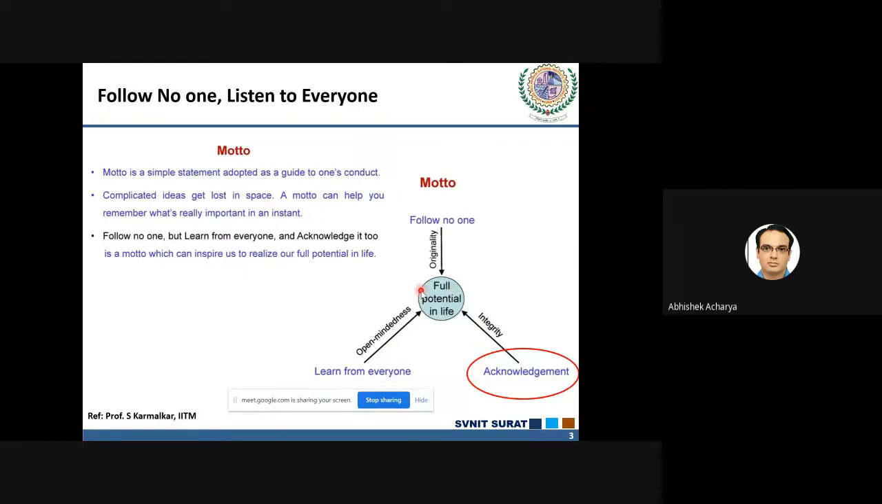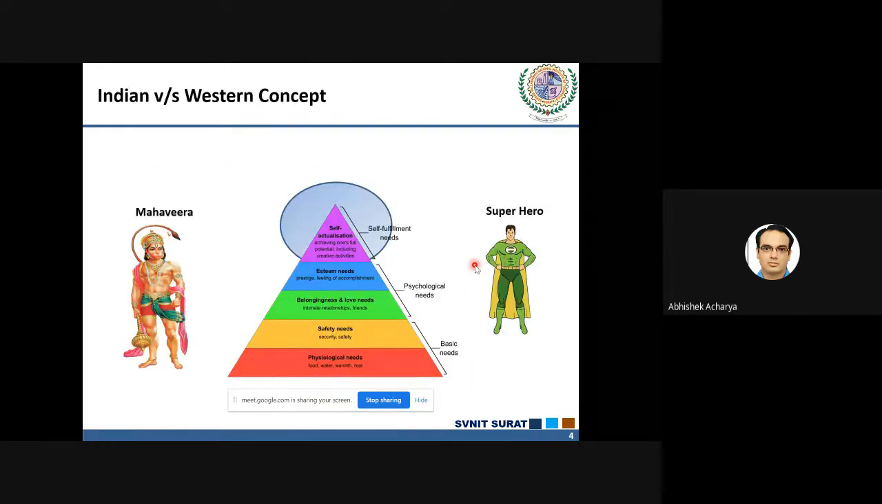Okay, now let us take an example. Suppose you are following no one, and you are listening to everyone, but at the same time you are not acknowledging that person. It means you are losing your integrity, you are losing your moral at that particular time. So full potential in life is only explored if you combine all these three things together. So let us have a look at this